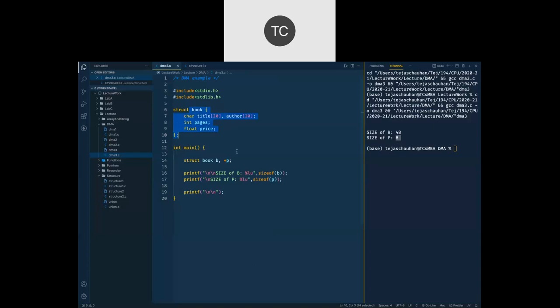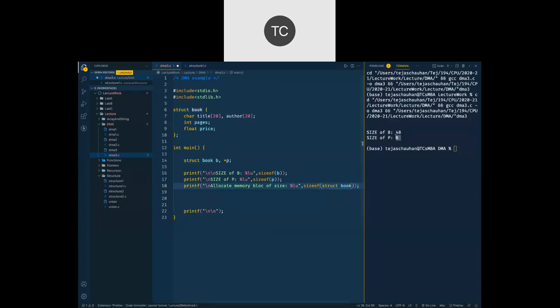What we are going to do now is allocate memory for this structure variable dynamically. So let us allocate a memory block of size, and that's going to be the size of our structure, which is 48 bytes.